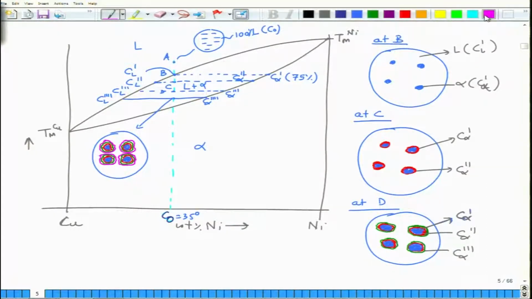So this would be C alpha 4, and then you will have liquid. So remaining, you will have liquid in all of them, and the amount of liquid will reduce as you cool. So now when you come to this point, when the solidification is nearly complete, at this point